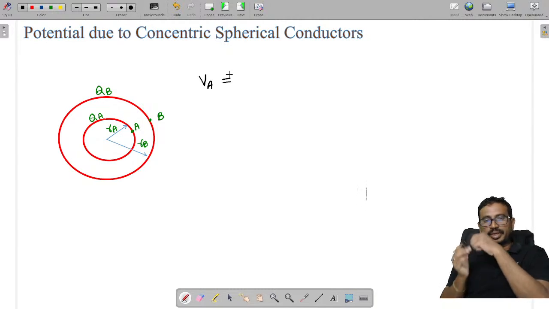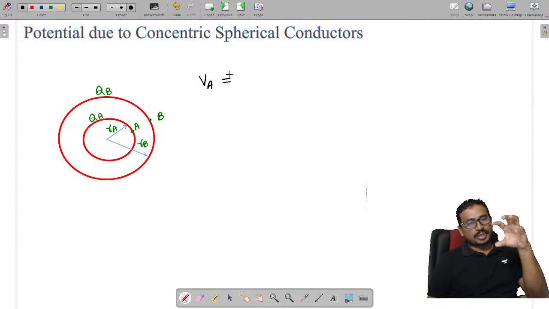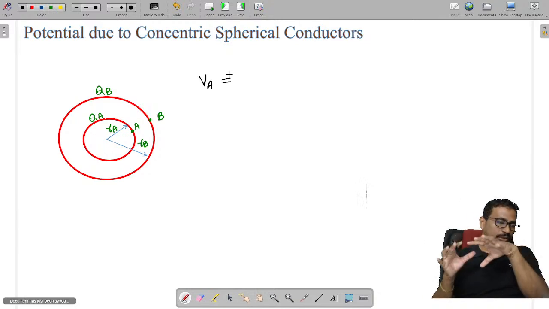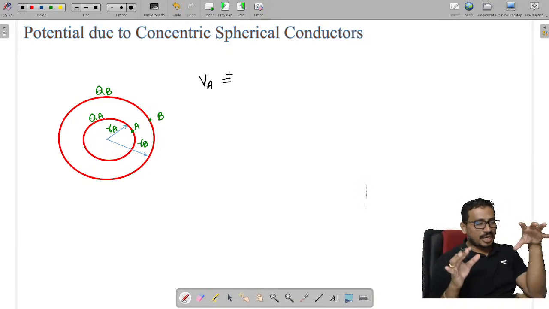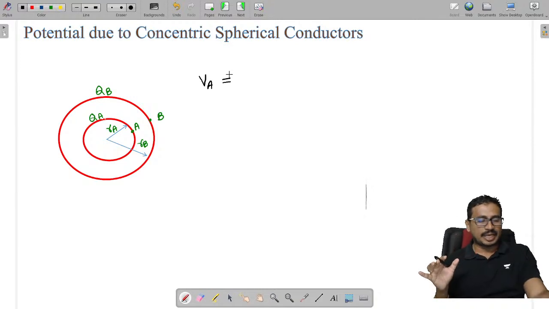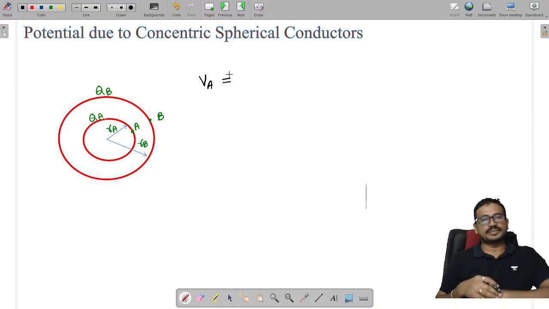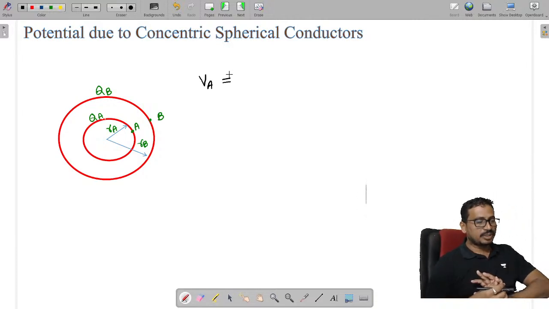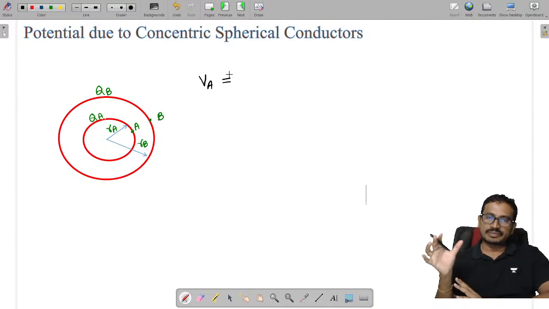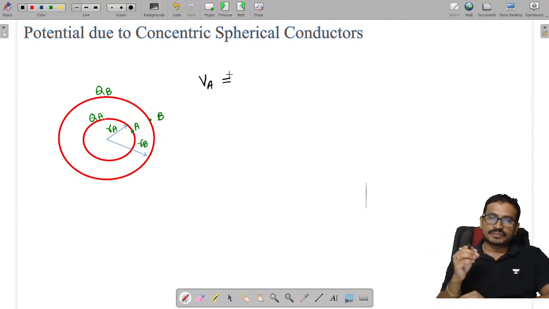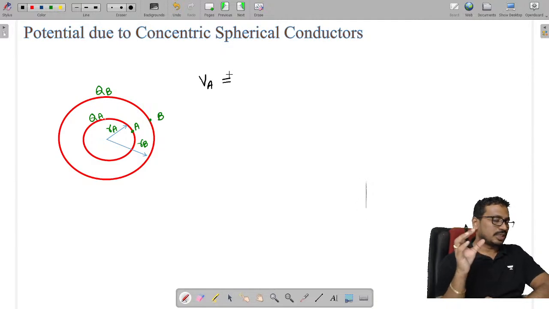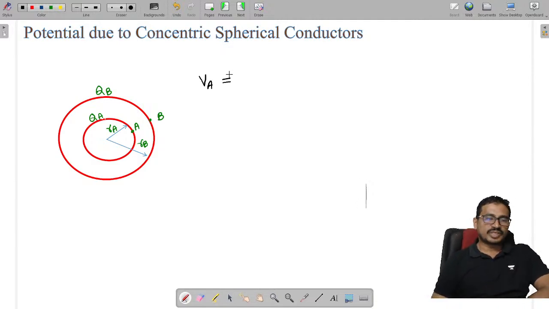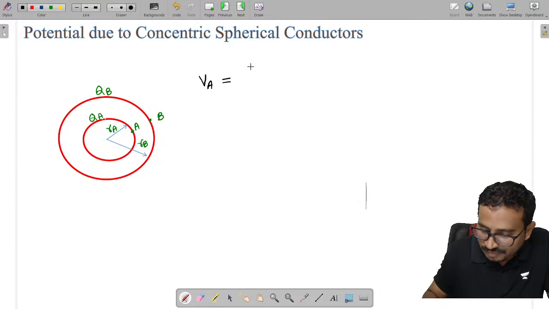The potential at the point A is because of the charge of the first sphere as well as the charge of the second sphere. Now let us find the potential at the point A because of the first sphere. It is given as K into the charge of the first sphere, QA,